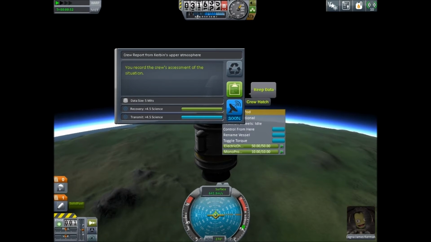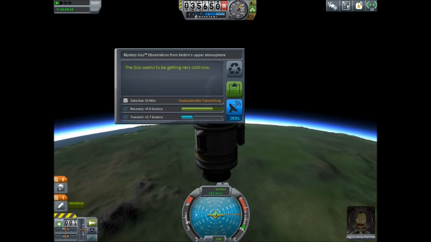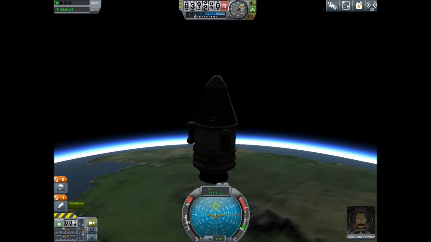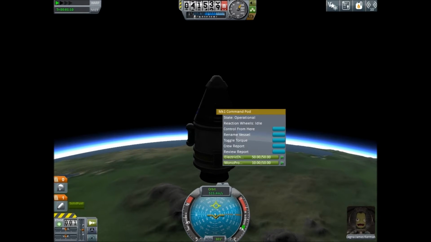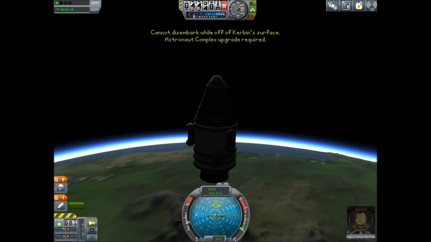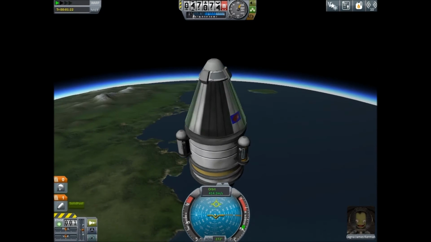Let's get a crew report here in the upper atmosphere. Let's get a mystery goo before we enter low orbit. Alright, we are now in orbit. Let's try and get one of these going. Let's get, not IVA, what am I thinking? EVA. Kerbin surface astronaut complex needs upgrading. That is